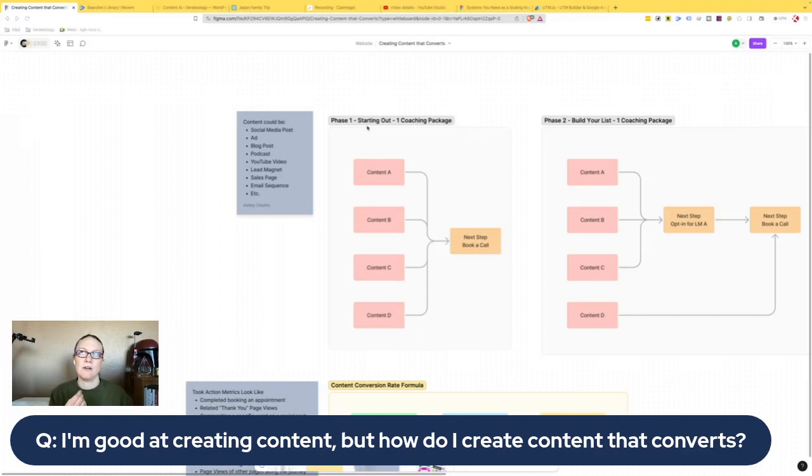And then really the biggest key is knowing what that next action is, because when you know what the next action is, you actually have something to measure against for that. And remember, you want to focus on creating content for your best client, because the audience will form up around that content anyway.